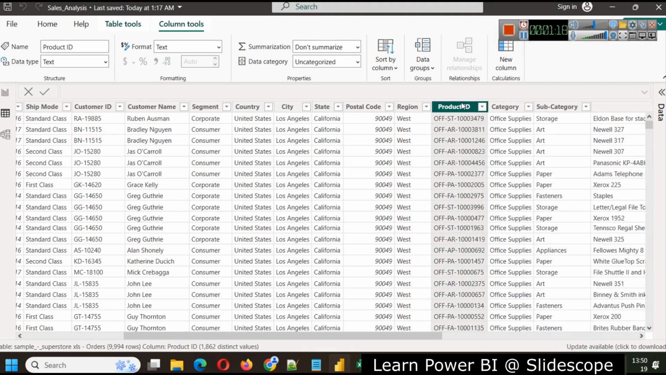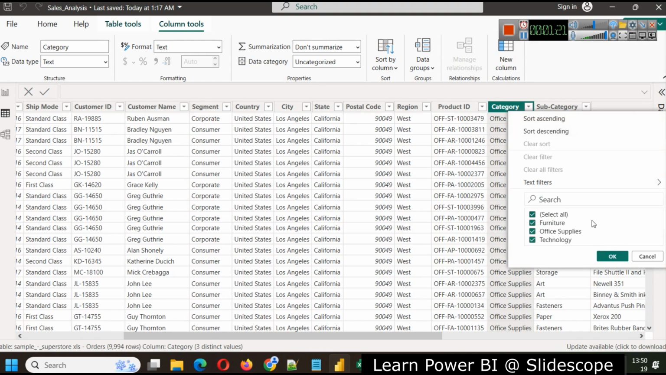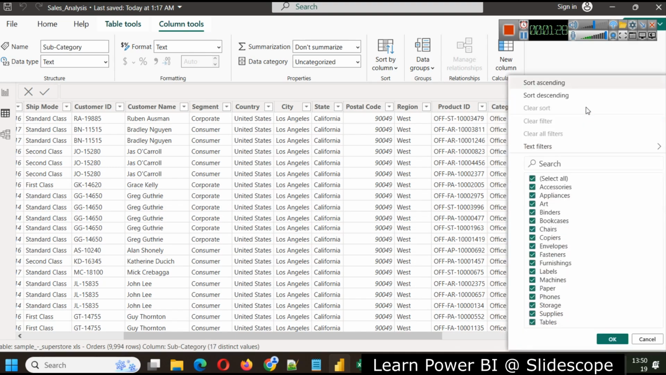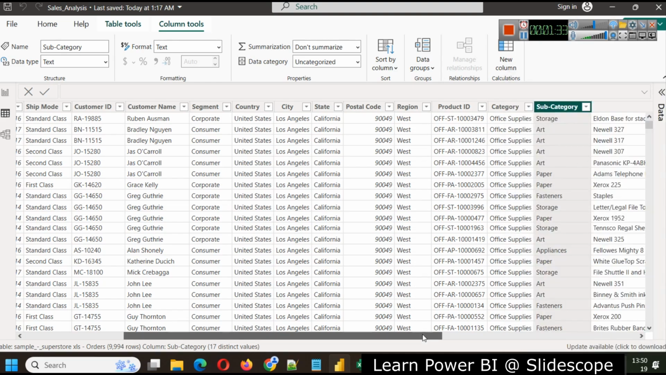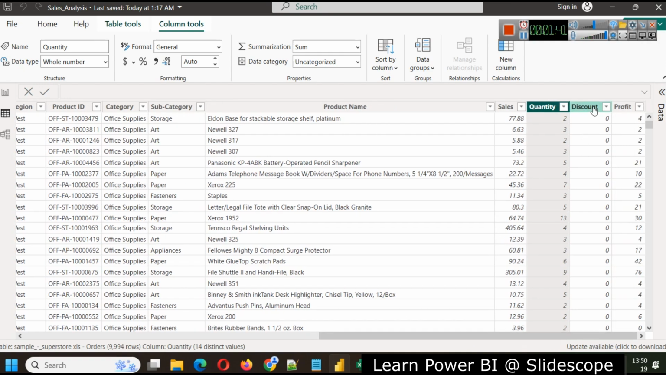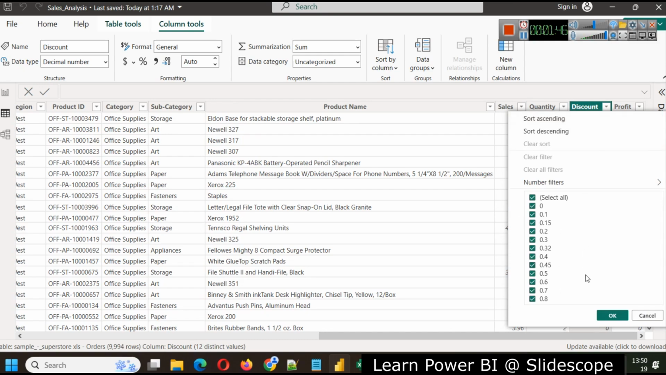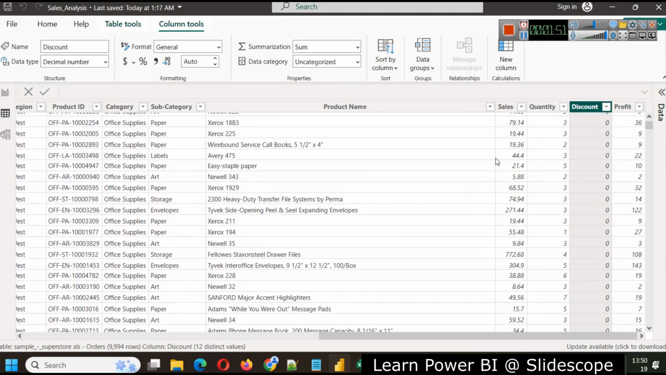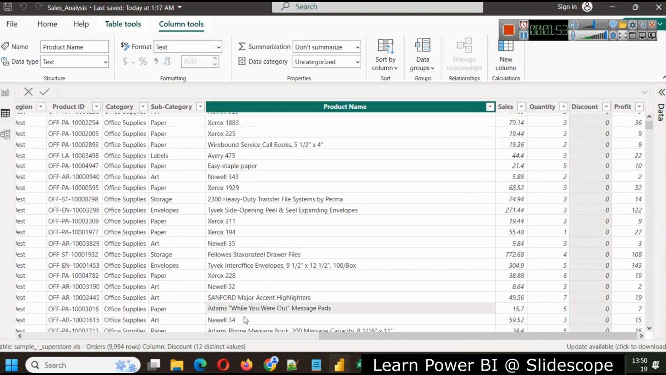Every product has a unique product ID. Every product belongs to some main category, which is furniture, office supplies, or technology. We also have some subcategory like accessories, appliances, etc. Then we also have information about products name, total sales, total quantity sold, discount, and profit. So here the discount values are given like this. So this is a simple discount value, and now on the basis of this we will be able to create